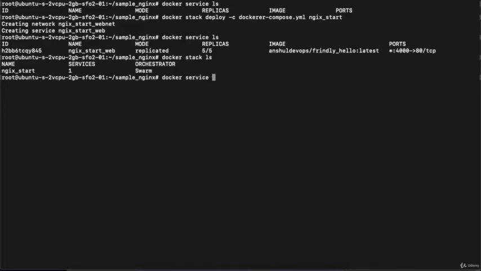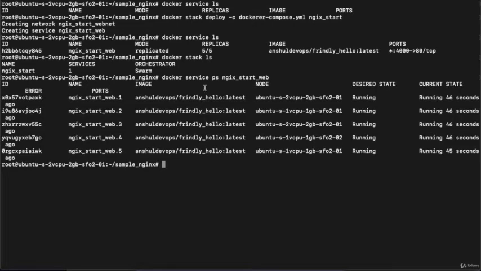We will enter docker service ps, then the service name, which is nginx start web. You can see 5 containers are running in this service. Some are running on node 1, some are running on the node 1 cpu1 machine, and some are running on node 2.